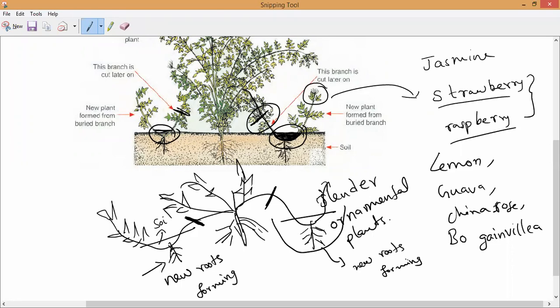Part of it is covered with the moist soil, leaving the tip of the branch exposed above the ground.